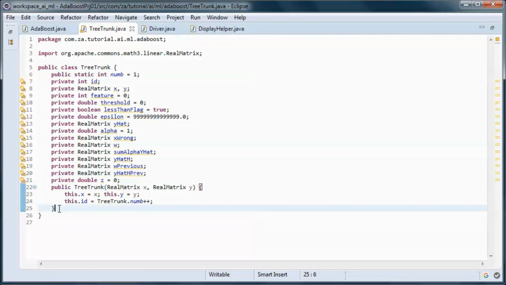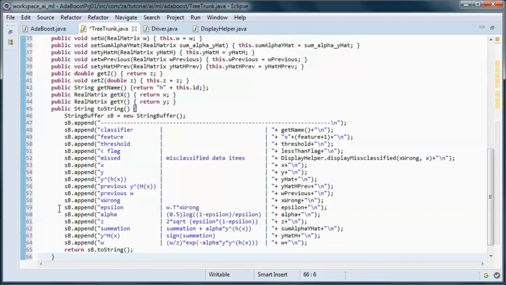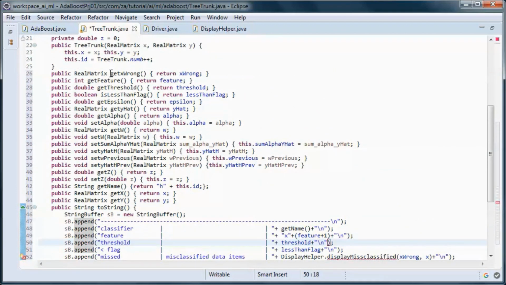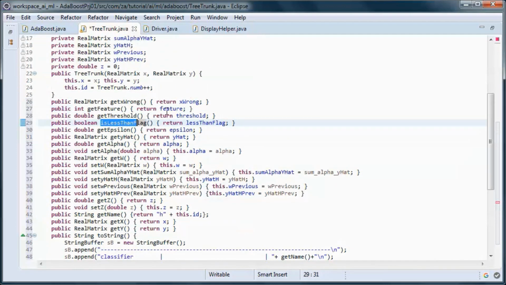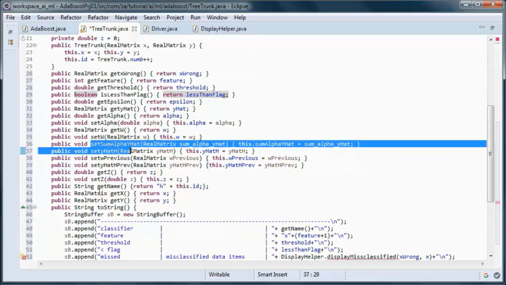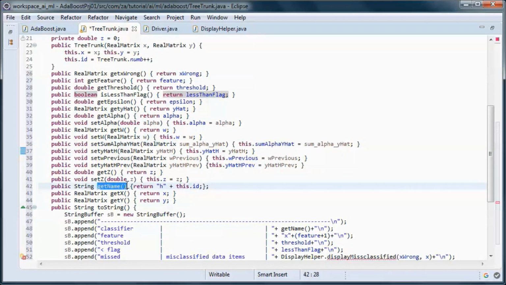And we will get methods for those instance variables, and this is for this Boolean instance variable, and some set methods, and we have this one, the get name.